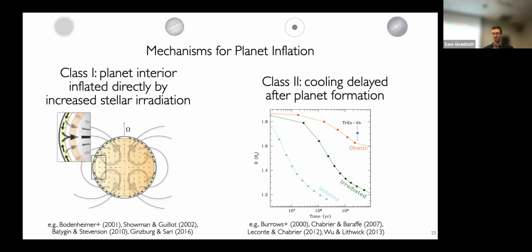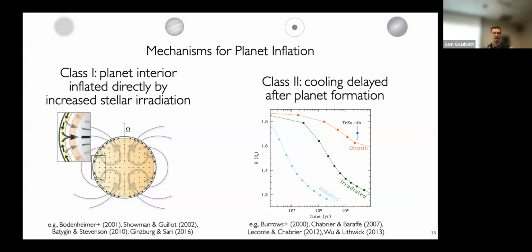Just for a little bit of background, planet inflation is something that we've known about for a long time. We've seen a lot of planets that are larger than we'd expect from a basic model of what the planetary structure should be. This is why, for example, brown dwarfs can often be smaller than hot Jupiters, because those hot Jupiters are inflated. There are a lot of mechanisms that can cause this inflation, and they all operate differently. But if you look at planets around evolved stars, you can start to test between some of these different mechanisms. Here I've broken them into 2 large classes of mechanisms, where class 1